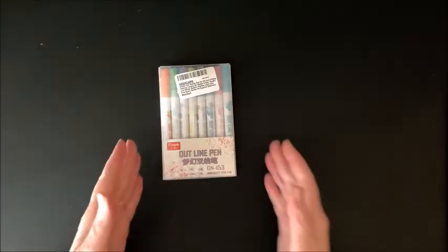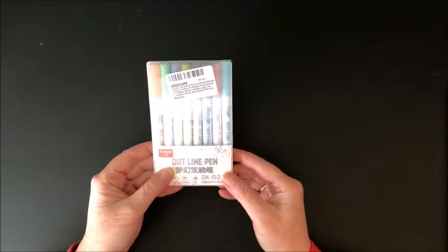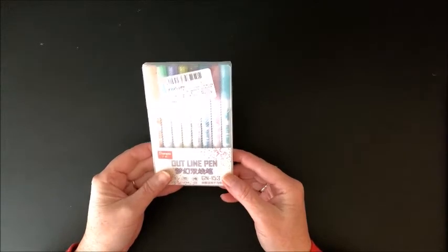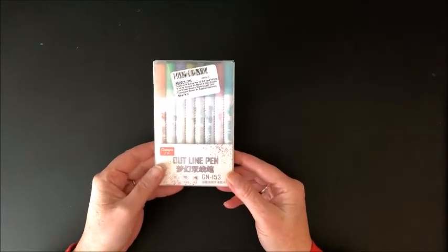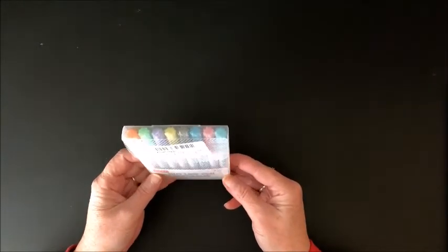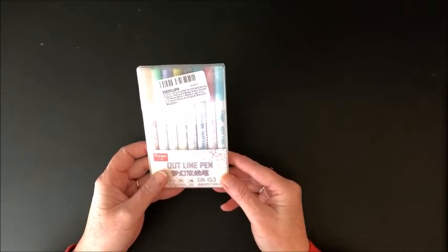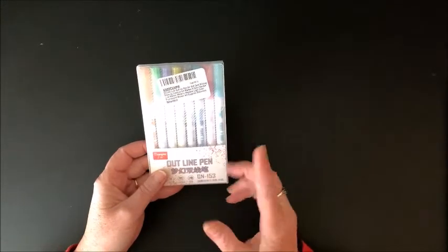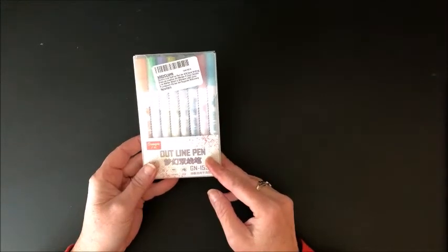I was contacted by this company to see if I wanted to review these pens. They are metallic pens, but they're a little bit different. So I was kind of curious to see what they were like. They actually have colors around the outside, so they're called outline pens. So you have your gray metallic or silver in the inside, and then you're supposed to have color around the